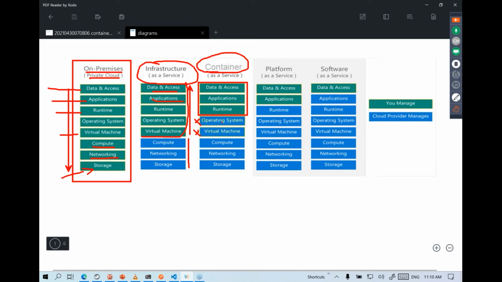Your only concern will be these things, like install your dependencies like JBoss if you want to use that, or any other application server of your choice. JDK can be installed and stuff like that. And then you get to focus on your actual application and data. So container as a service basically removes some of these things off your plate.